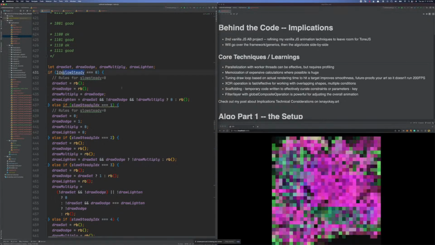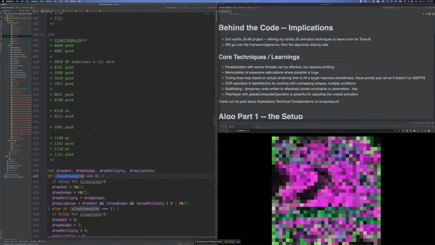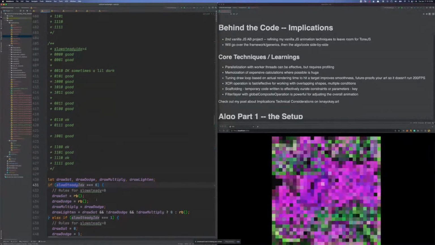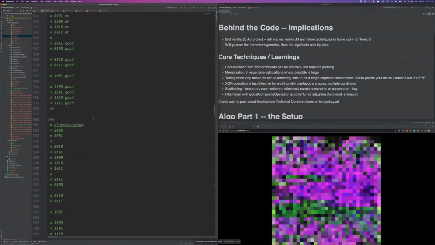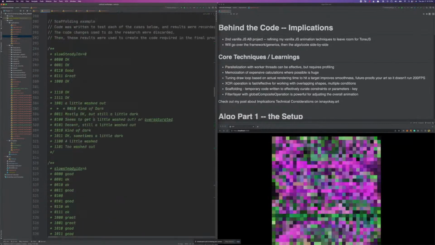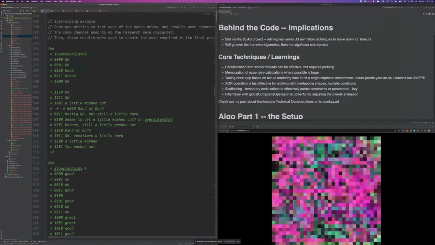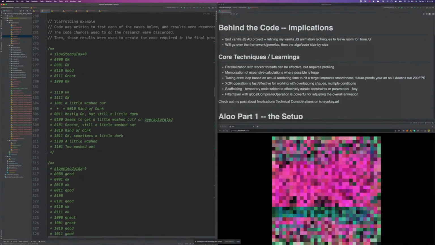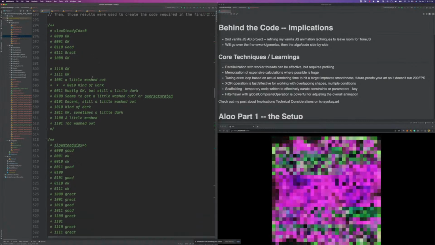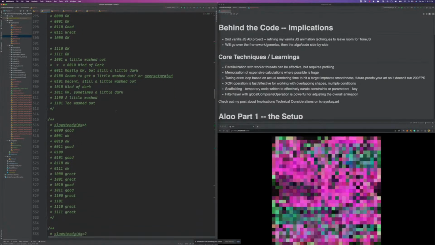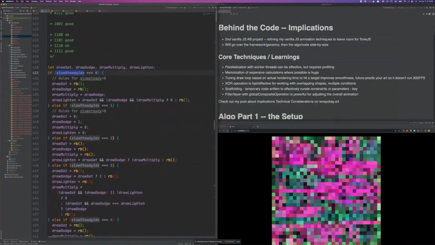But how did I make sure that I had the right things in here? I tried a bunch of them, right? I would hard code my blur level to a particular one, and then I would try different combinations of filters, and I would try it on 10 or 20 or however many random outputs and see, does it look great all the time? Does it look great none of the time? Does it look great sometimes? And based on that, I came up with this logic